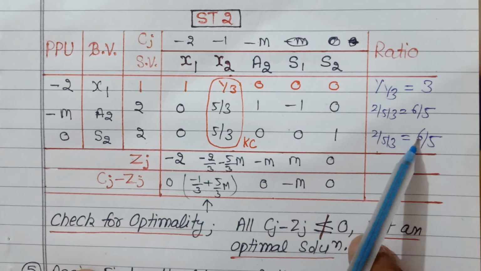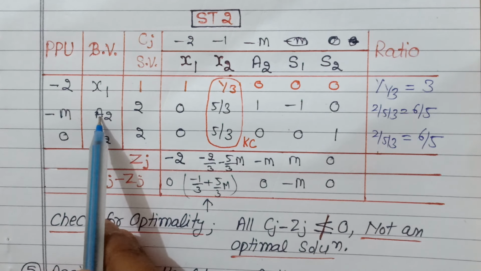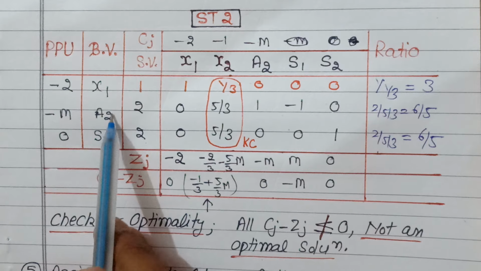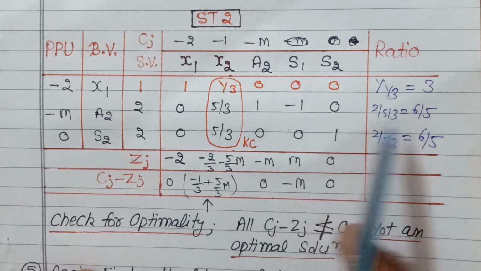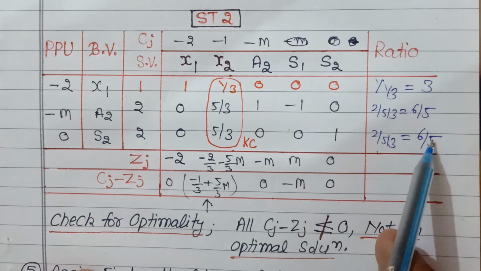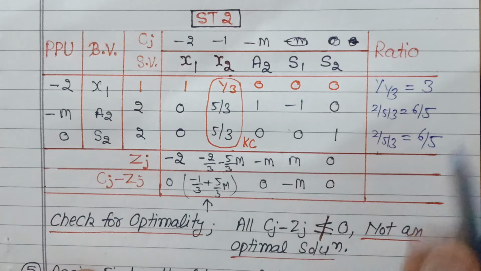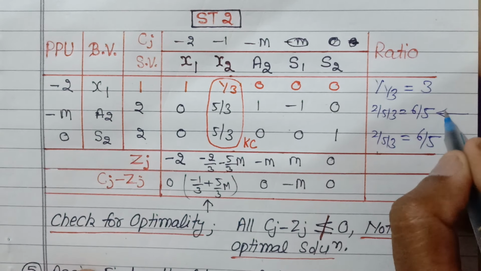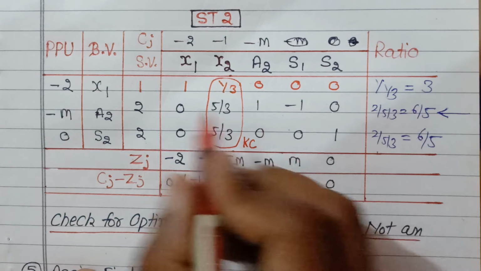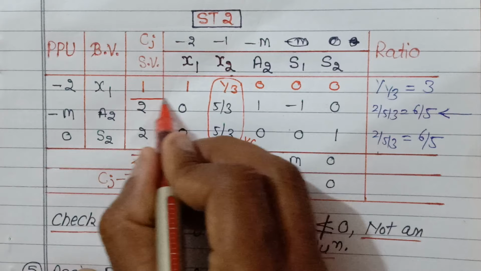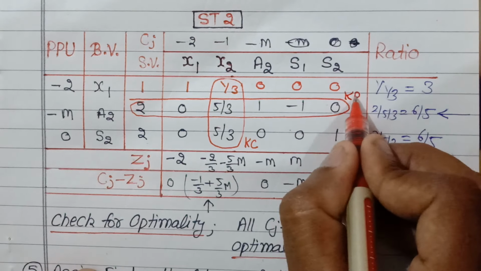Now we have to select the minimum ratio which is against the artificial variable, as we have to remove this from the final solution. So if such a condition arises, then we have to choose the row which has an artificial variable. So let us choose this ratio. The row against this ratio will be the key row. Okay, so this is the key row.